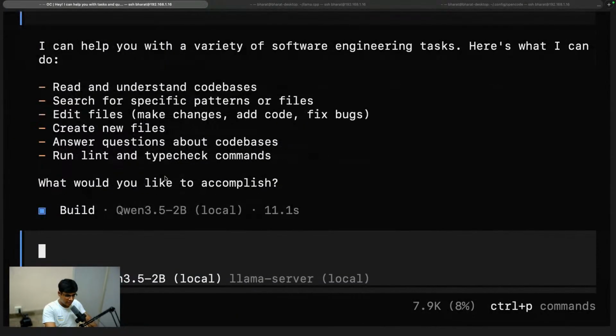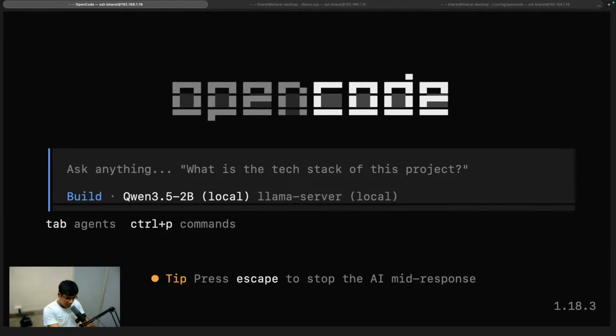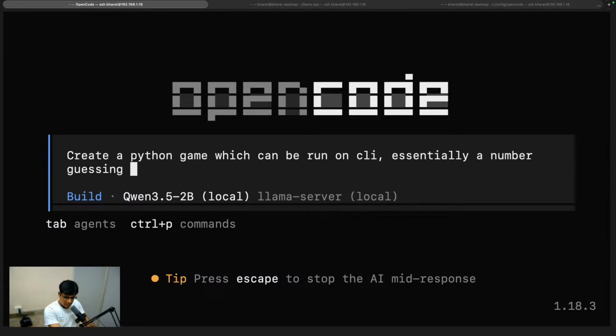Okay, let's ask it something. Let's create a game. Let's create a simple Python game. Let me start a new session so it can start afresh. Okay, and I want to create a Python game. This is going to be very fun. So create a Python game which can be run on CLI, essentially a number guessing game